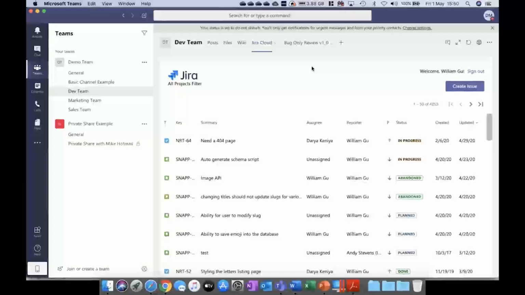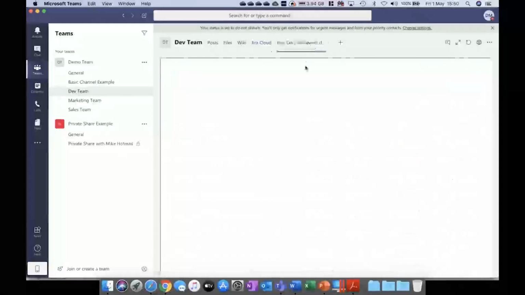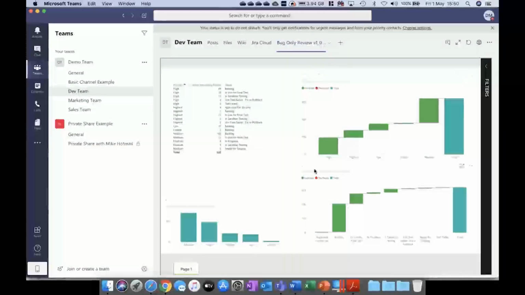And what I've now done is link Power BI to Jira and then publish the Power BI dashboard back into Teams. So if I now look at a bug-only review, this is a live dashboard from Power BI looking at my Jira projects, and I can now see the priorities and I can manage it in a very graphical way, and I can see how big the backlog of tasks are. So from a development perspective, that would be how much work the team has left to do, which means obviously I can keep an eye on things, and I don't need to get into the task line detail.